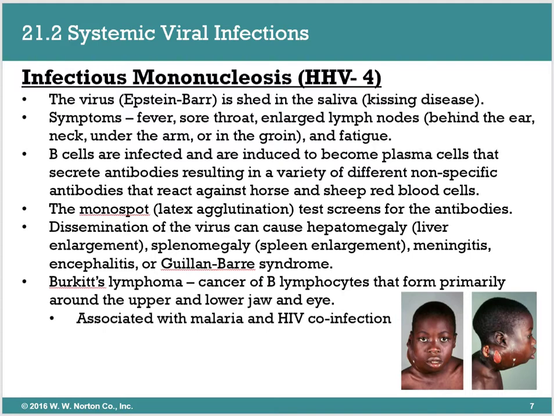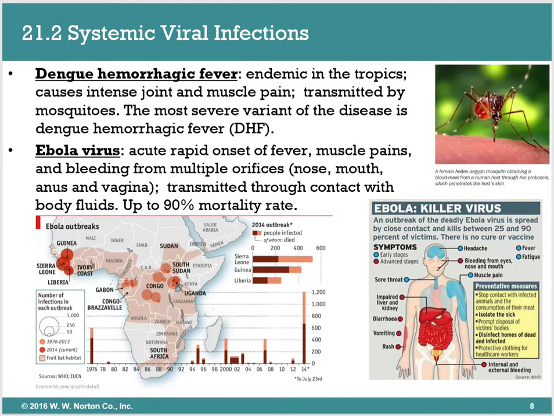Okay. So let's talk about dengue fever very briefly, and then also Ebola. Dengue is an epidemic in tropical regions. We don't get dengue here stateside, but it causes extreme pain in the joints and muscles, and it's primarily transmitted through mosquitoes. There is also a variant that can cause hemorrhagic fever. That's pretty much all I'm going to say about dengue fever. I don't really know too much about it. I just want you to know what dengue fever is and how it presents.